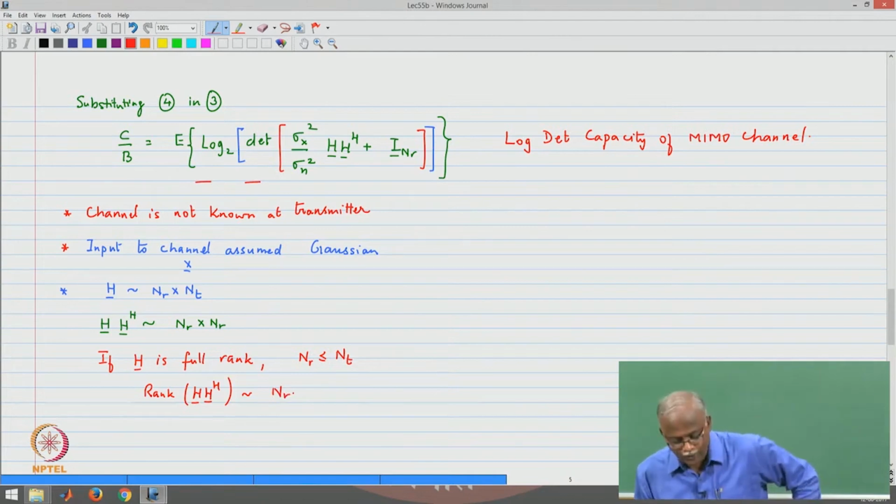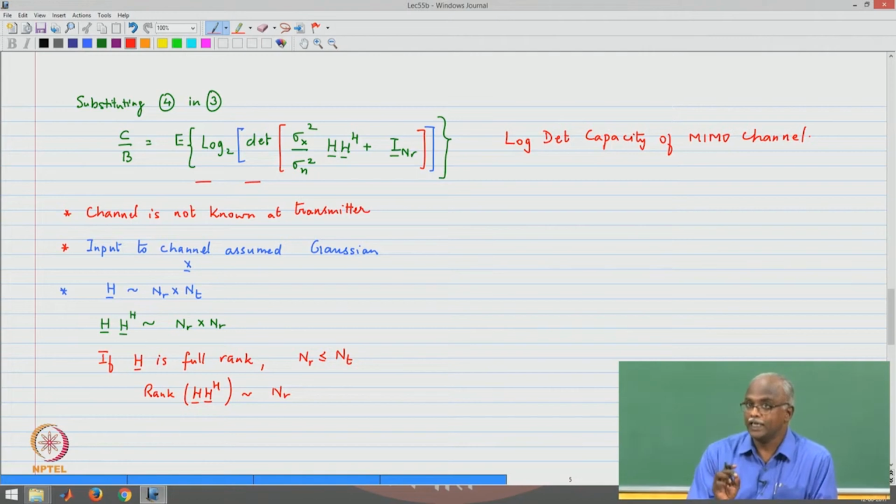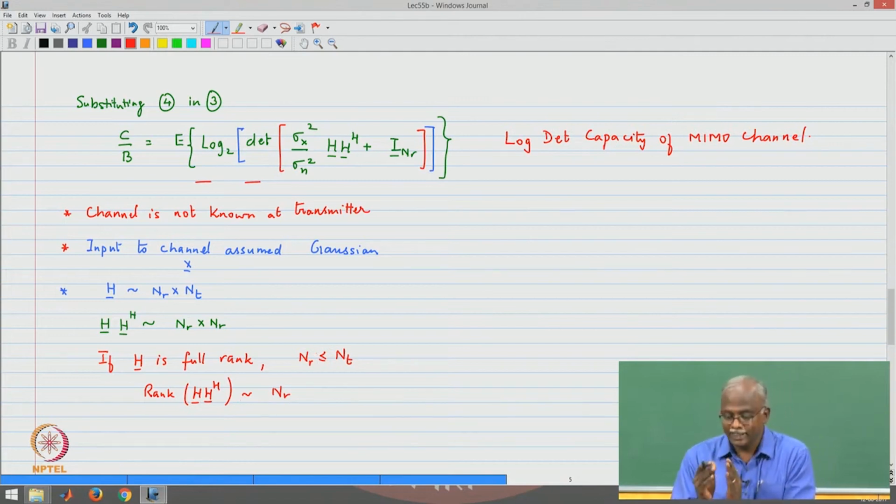So, in the case where NR is less than or equal to NT, the case where the number of receive antennas is less than or equal to the transmit antennas, H Hermitian has a dimensionality that is consistent with